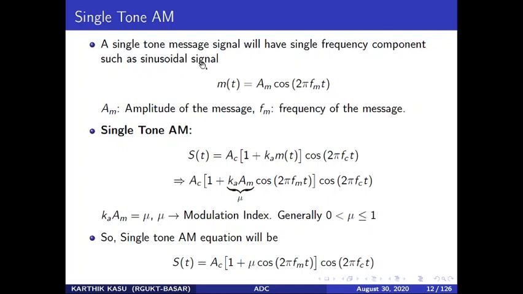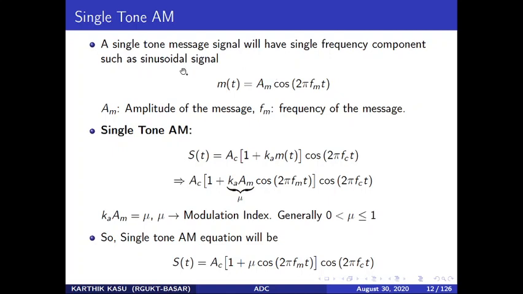So you can take any sinusoidal signal, they will have only one frequency. Suppose I say any general signal x of t equal to 2 cos 30 pi t. So 2 cos 30 pi t is having a frequency of how much? 15 Hz. Only one frequency, right? So they don't have a range of frequencies. Our cos and sine waveforms don't occupy a range of frequencies. They have only a single frequency. That's why they are called single tone signals.